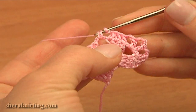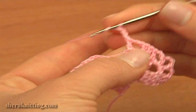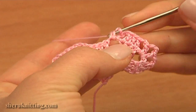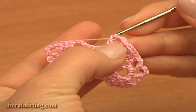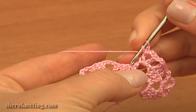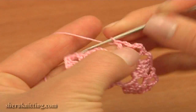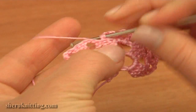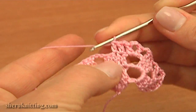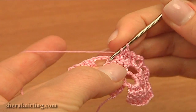Continue chain 2, double crochet into the next chain space. Again chain 3 and double crochet into the same chain space. Then chain 2, 1, 2, and double crochet 3 in each of next 4 double crochet stitches of previous row. 1, 2, 3, and